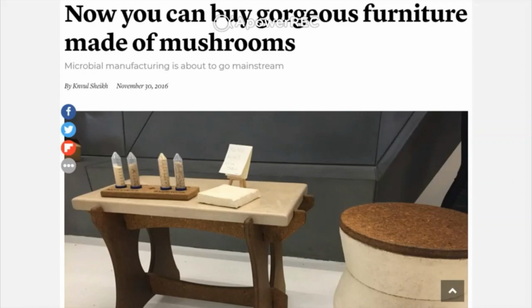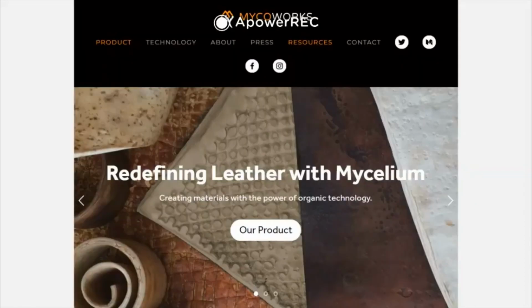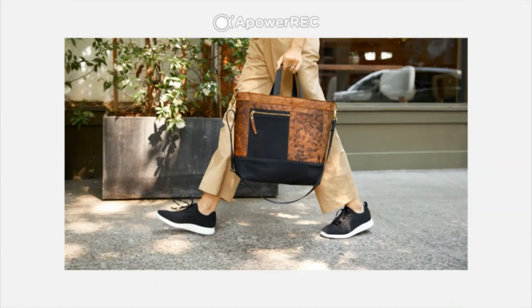There is a biotechnology company out there that is actually building furniture from these mats. And so here we have some examples of furniture that was created from the mycelium of mushrooms. Also, MycoWorks produces a kind of faux leather that's produced through fungus. Instead of having to grow a whole cow and cull the cow, we can just grow sheets of this mycelium in the lab. And you can create things like this purse right here.